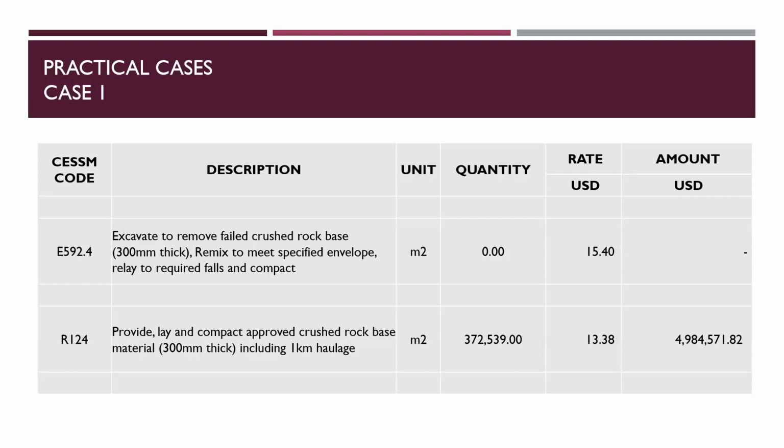Now, if you are a project manager or supervisor on this site, is it necessary to issue an instruction to a contractor to undertake the first item? Obviously, for me, it is no. Because if that item is there, it may have deteriorated to that level. And if you look at the terrain of the place, the road was low-lying even in the first place. So it is better to leave that material that is there. Then you bring fresh material from the site, come and place it, which will cost you less.